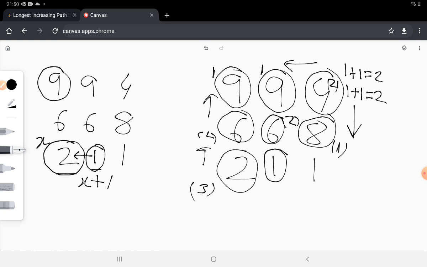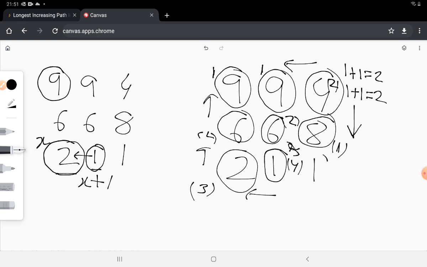Let's keep moving forward in the matrix. Let's come to 1. So from 1 you could move to either 2 or move to the 6 on the top. So if you move to the 6 on the top, you get a maximum path length of 2 plus 1, 3. Or if you move to this 2, then you get a maximum path of length 3 plus 1, 4. So 4 is better than 3. So we will consider this one. So we have a best path till now of length 4.